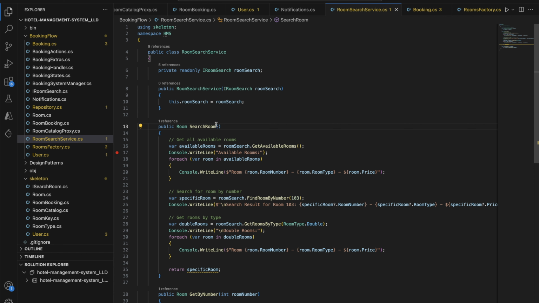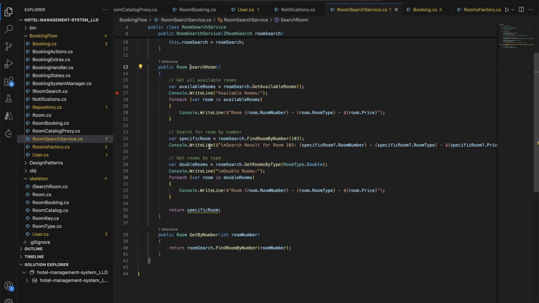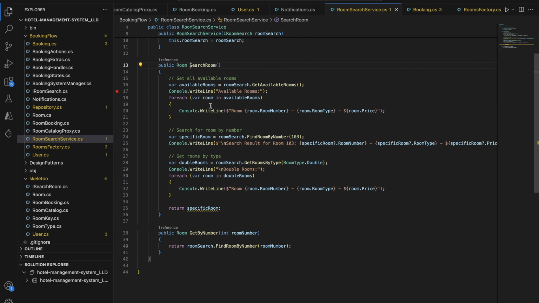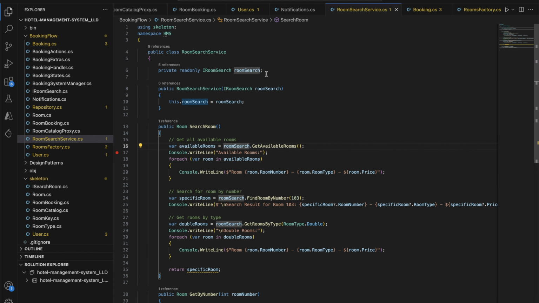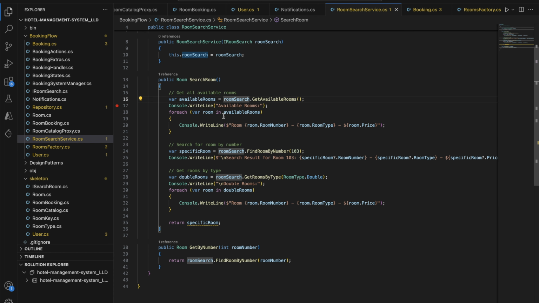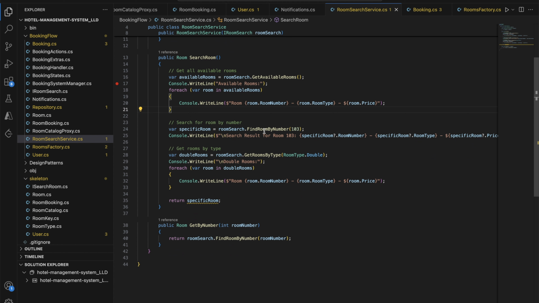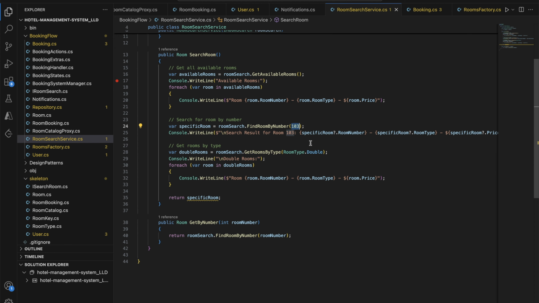This is again in my search service. There are all the methods which we implemented, but I created another wrapper on it so that I don't have to write too much code for the demo. So this is doing the normal thing. First I'm getting all the rooms. For that I'm using the room search service which we created. It will give me all the rooms. Then I'm printing what rooms are available. And finally I already chose one room, which is 103, randomly. I'm considering this as the selected room